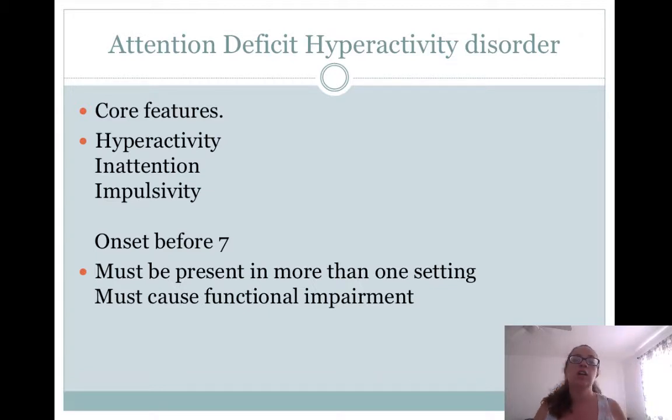Number one, you have to have an onset before 7 years old. Okay, ADHD, if it starts at 10 or 15, we don't consider that ADHD. So some of the videos that you guys turned in were with adults with ADHD, and you could not accurately diagnose them with ADHD unless the onset was before 7 years old. So that's one of the questions that you should ask if you're diagnosing. It must also be present in more than one setting. So it can't just be at school, the kid is insane. It won't focus, won't listen to the teacher, won't settle down, stands up when they're not supposed to.